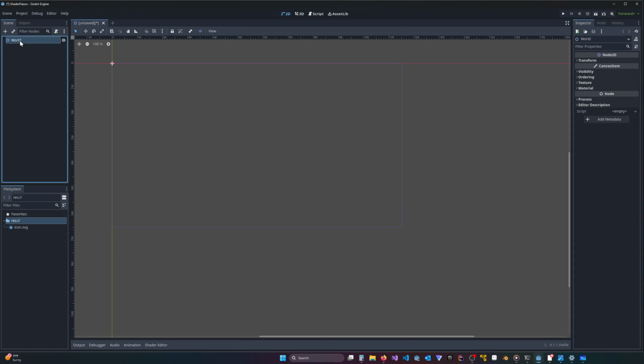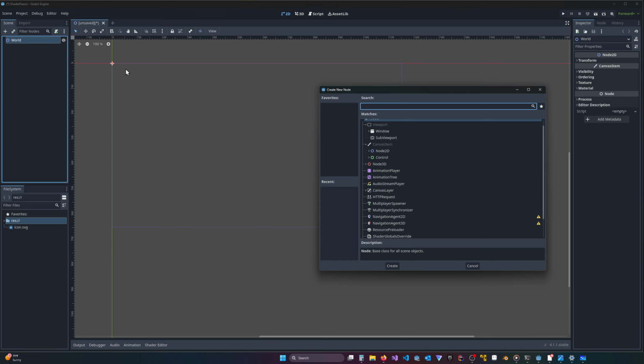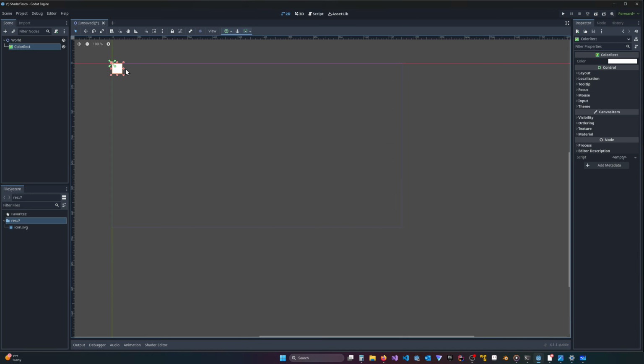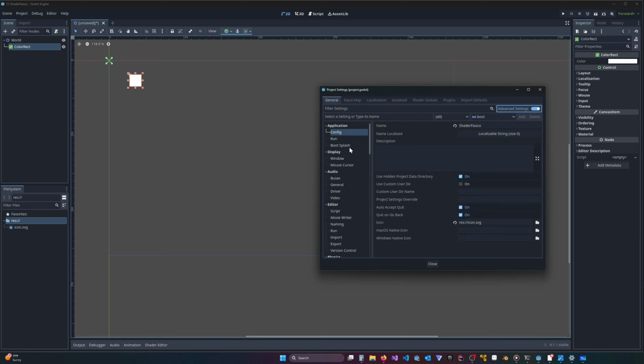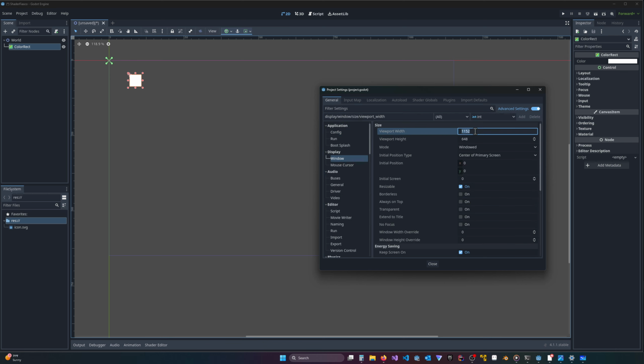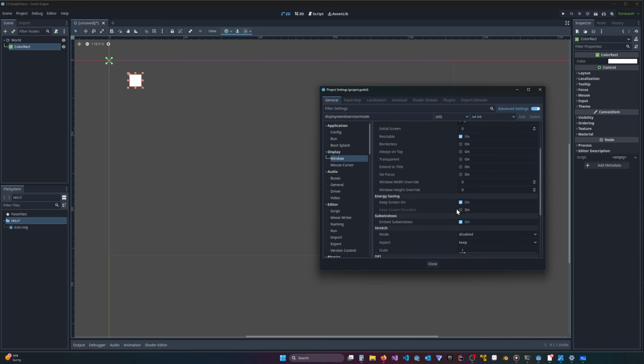And the first thing we're going to do is create just a boring old color rect. And here we are. We have our color rectangle. And the other thing I'm going to do, just so this shows up a little bit bigger on the screen, is we'll come here to our window and make this, let's make it 300 pixels by 200 pixels, and then we'll just stretch it out